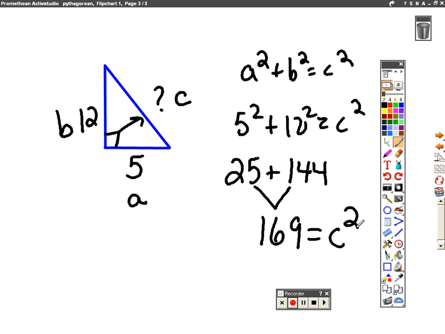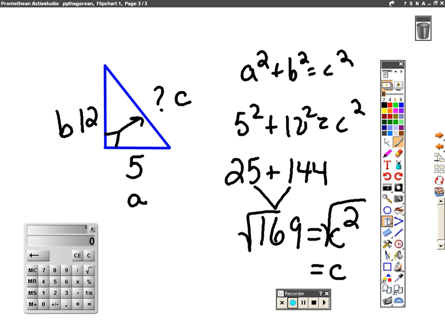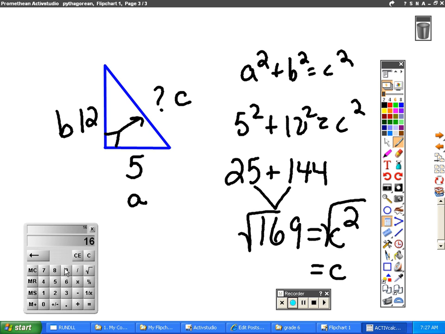But remember, I want just C, so I have to square root. And the square root of 169, for right now, if you don't have a calculator, you can leave it like that. I'm going to take out my calculator, although I've memorized this one, but I want to show you how to do it. 169 square root is 13. So my